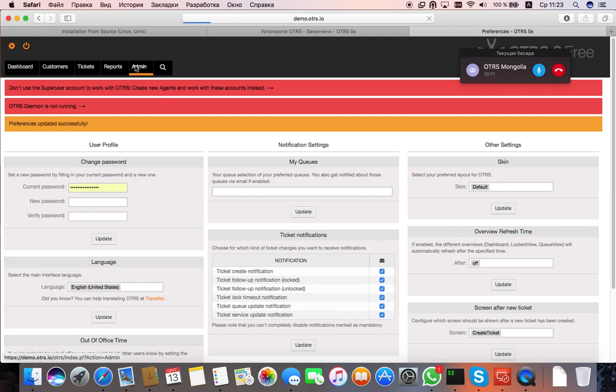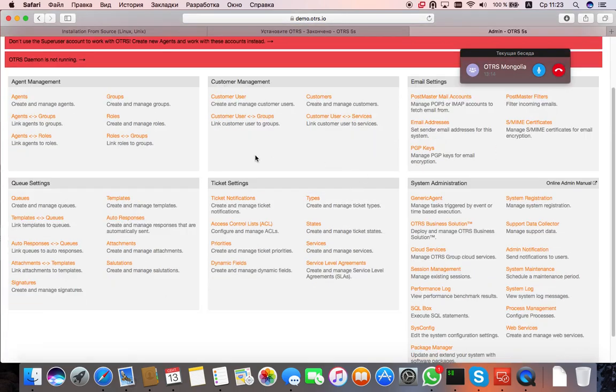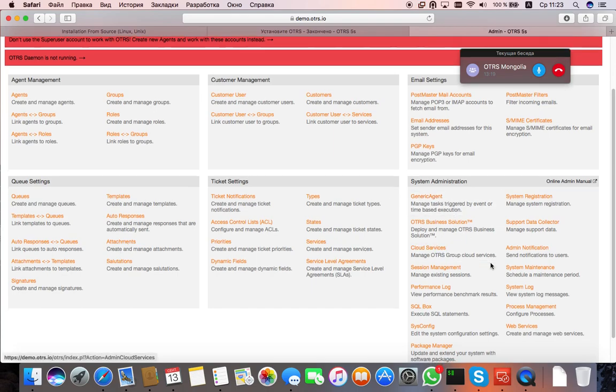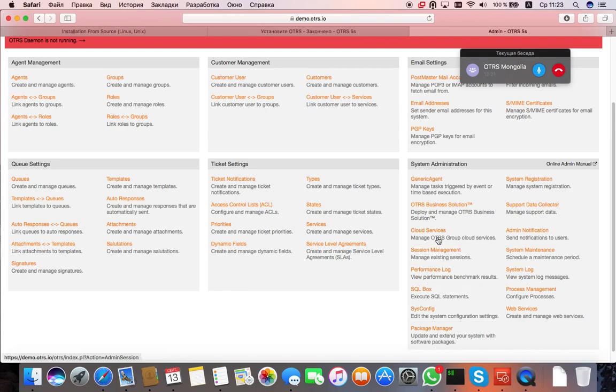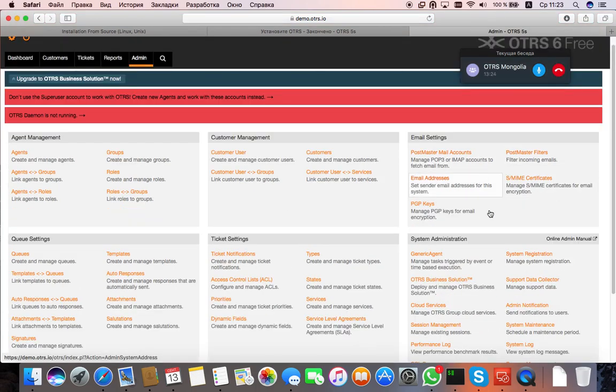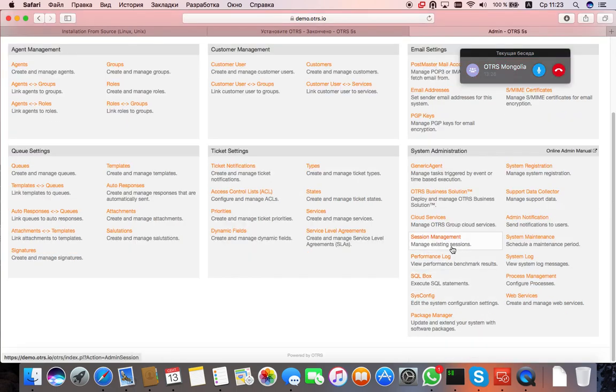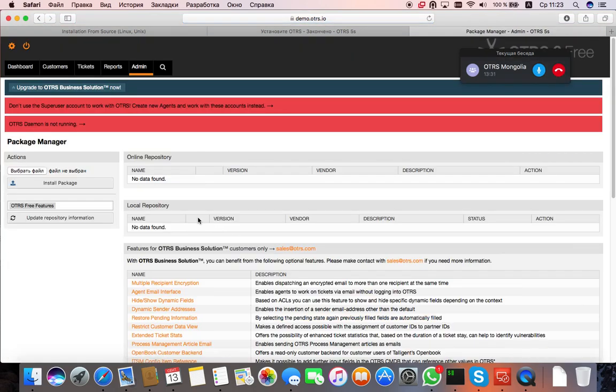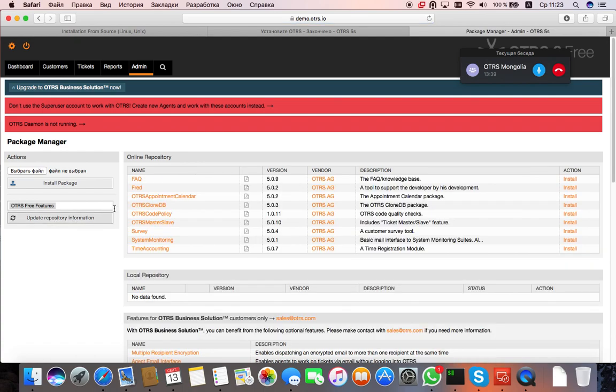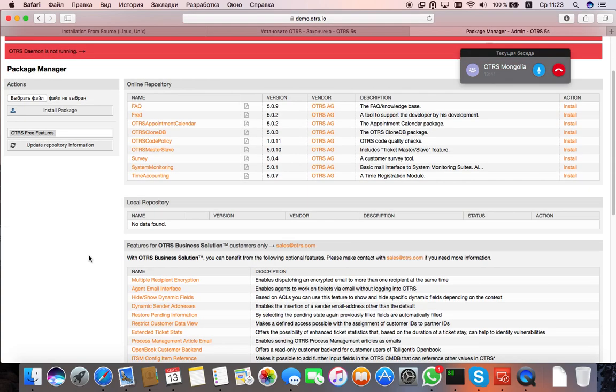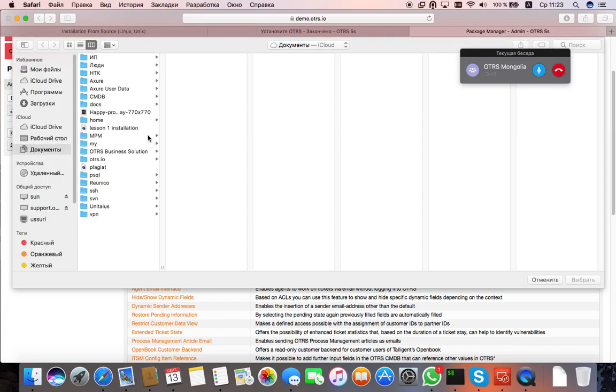Perfect. And the final step, we should install the ITSM module. A very simple way is the package manager. Here. Update repository information. And I already downloaded